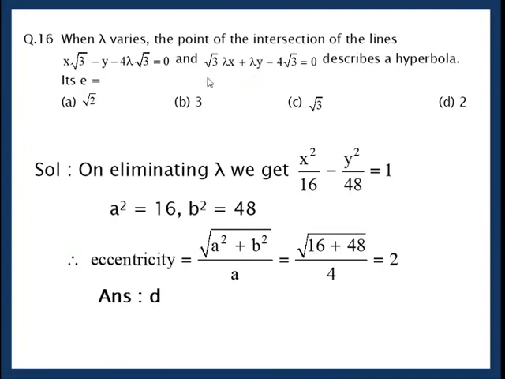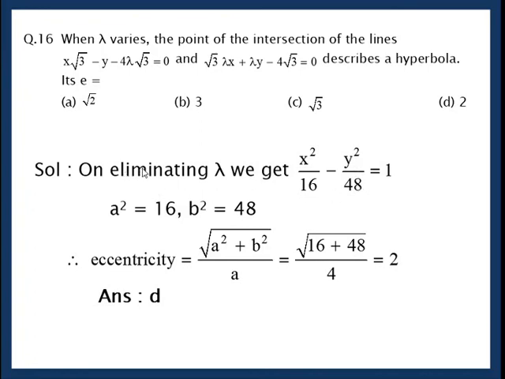Now this is again an important sum. When lambda varies, the point of intersection of the lines describes a hyperbola. Find its eccentricity. You should know that to get an equation of a locus, the parameter is to be eliminated. So here the parameter is lambda. How will you eliminate lambda? From the first equation, lambda is (x√3 − y)/(4√3). Now from this equation, take lambda common to get lambda into (√3x + y) equal to 4√3. Just put the value of lambda to get the hyperbola x²/16 − y²/48